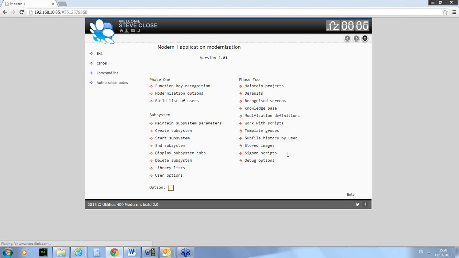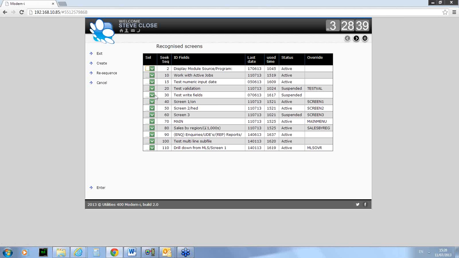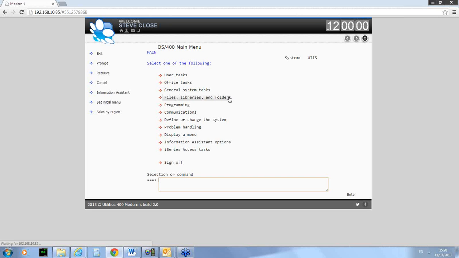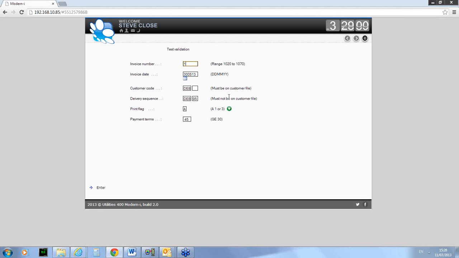But if I now go into Modernization, again, reactivate a couple of screens here, test validation. So I reactivate that and reactivate my test write fields one. That's the one that's going to copy data from one screen to the next. And if I call my program again, called test file. See, now if I put an invalid invoice number in there and press enter, it's going to